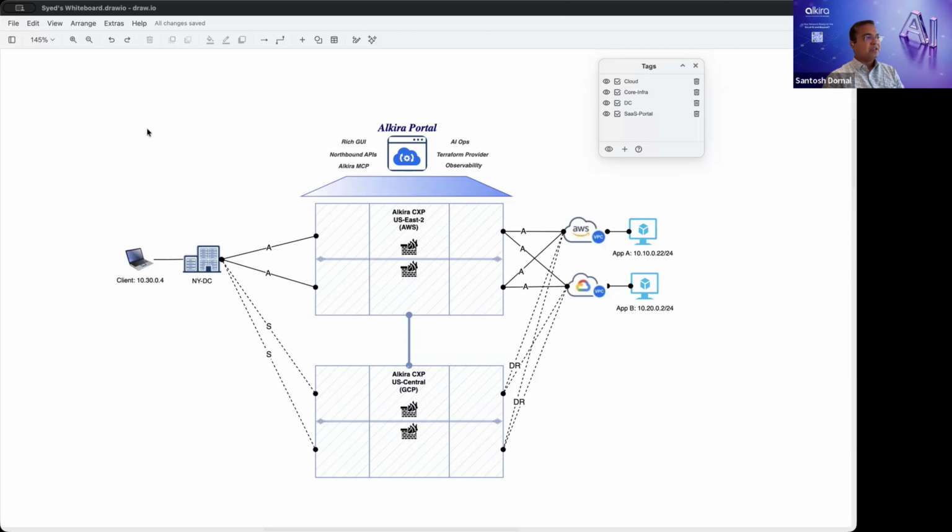This diagram itself is powerful because you are showing AWS and GCP, which means our platform is able to run on both AWS and GCP. That means we have built the platform hyperscaler agnostic. However, we still have to use some native constructs that they provide because you cannot completely escape from it.